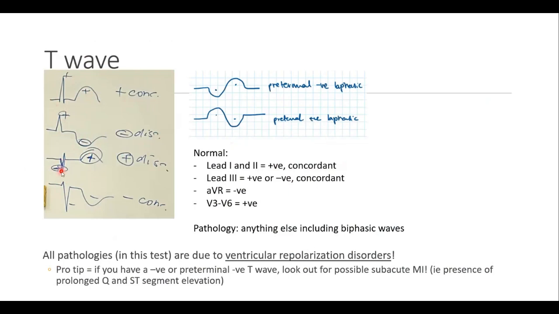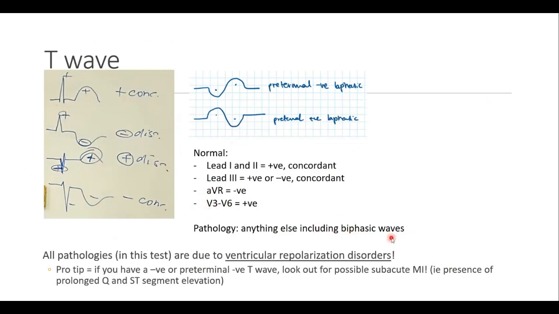In this case over here, the S wave, or the QS, is pretty big and it's negative. Over here, the T wave is positive, but it's not on the same polarity. So that's why you're just going to say it's positive and discordant. Over here, the T wave is negative, and the biggest part of this QRS is probably R and S, so this is also negative. That's why they're concordant, and this of course is negative. So negative concordant. Now these are what it should normally be like, and anything apart from this is a pathology,